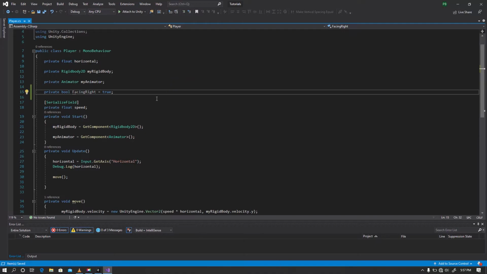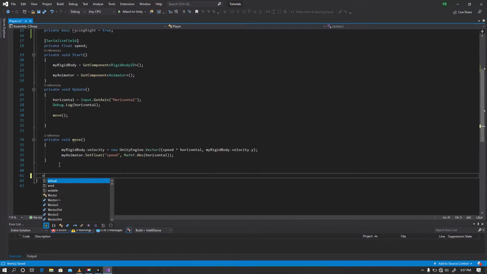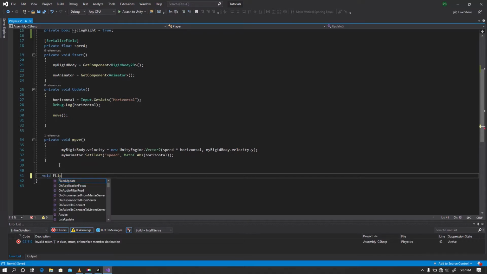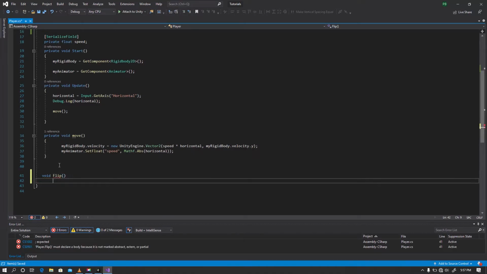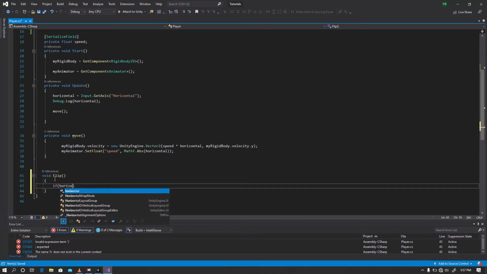Okay, and now with that done, we now create a function that will control that. So create a new function, void Flip, and then inside this function, we're going to define conditions for which the player will flip. So the first condition we're going to define is that if our horizontal key, our horizontal, which is the one we defined here, is greater than 0,